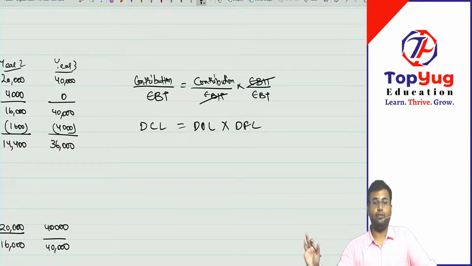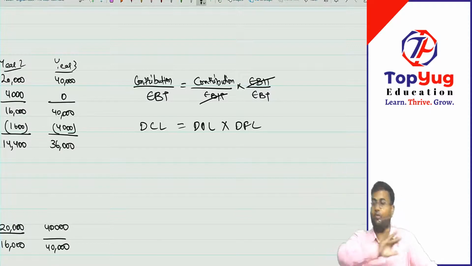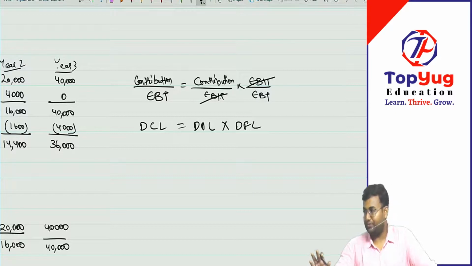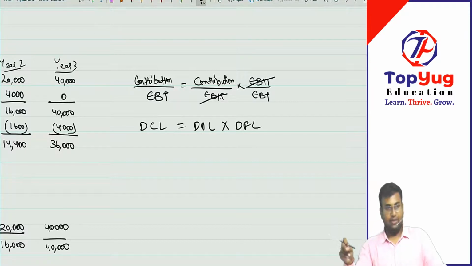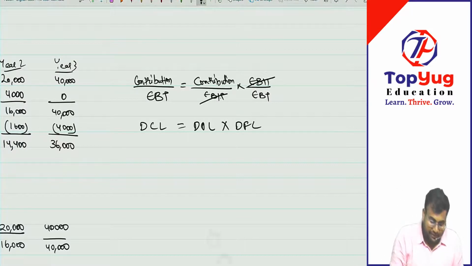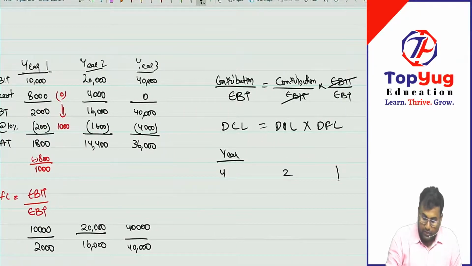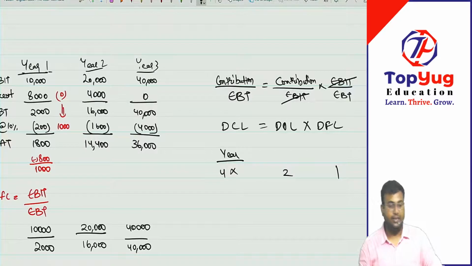Any doubts so far? I believe tax may be something you will have a doubt about, but we'll clear it once we go to preference dividend. But as of now, is it clear with everybody? Any doubt so far? The first doubt also we have solved. Why is combined leverage multiplication, not addition? Because combined means not adding. Combined means total leverage of the business. So in the year 1, what would be the leverage? So DOL is how much? 4 to 1, and DFL is how much?